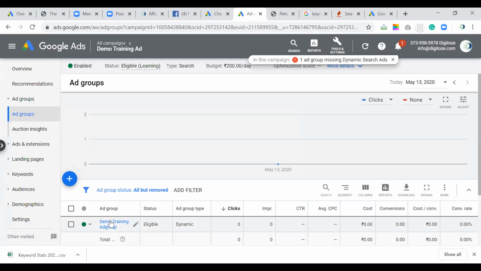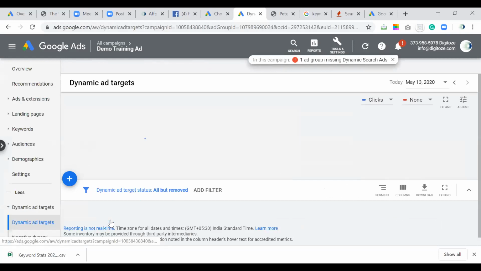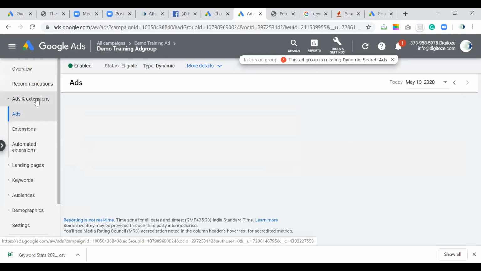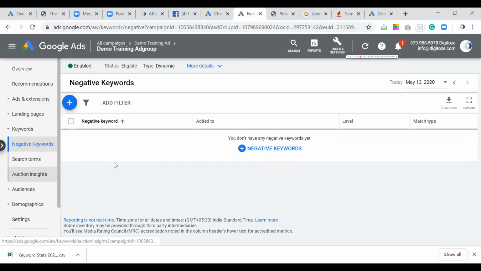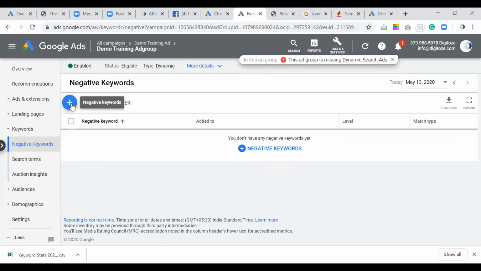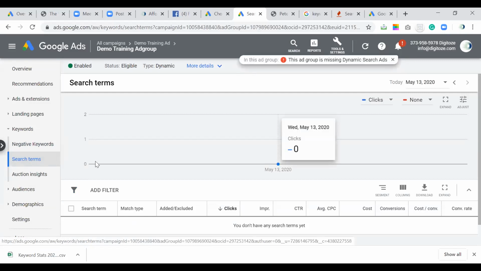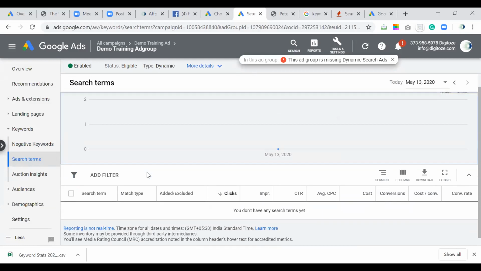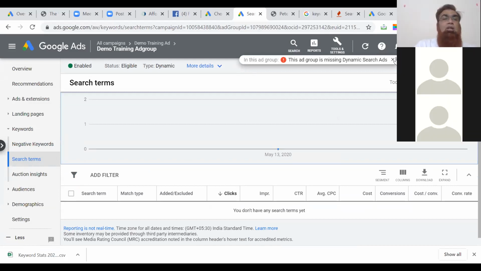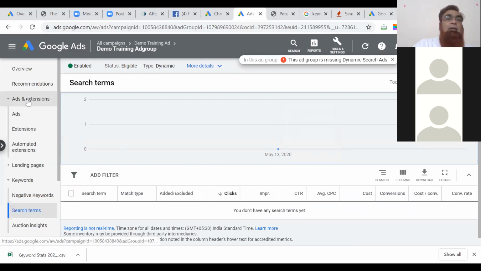So I am done with this, and this ad group has been generated. Okay. So this is how we can actually do it. Now this is a place where you get an option to add keywords, right? So we can add search terms, we can add other keywords as well. But since we have generated it dynamically, and we have already added a few keywords over there, like digital marketing and all, those things are already set. Now the campaign is under review. So you can see this campaign is under review.